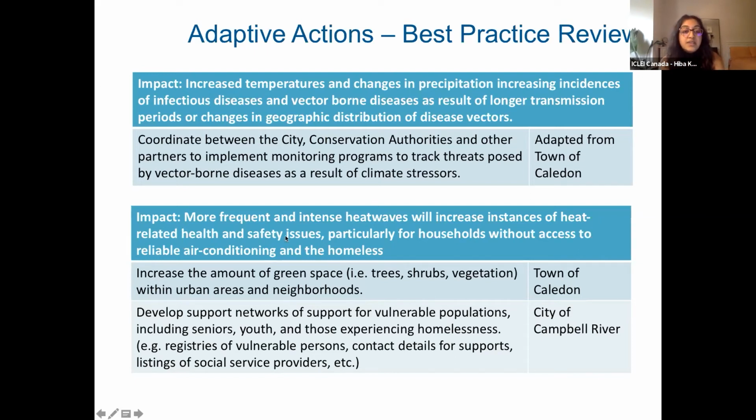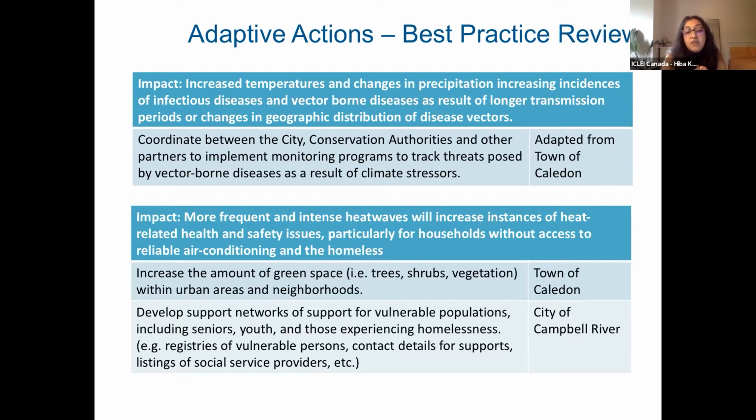The next one is around that piece of more extreme heat or heat waves, and that kind of posing health and safety concerns for vulnerable populations, for those who don't have access to air conditioning, things like that. So a couple examples of best practices or things that can be done: increase the amount of green space, right? Like work on more vegetation and trees and shading to combat a bit of that heat island effect.